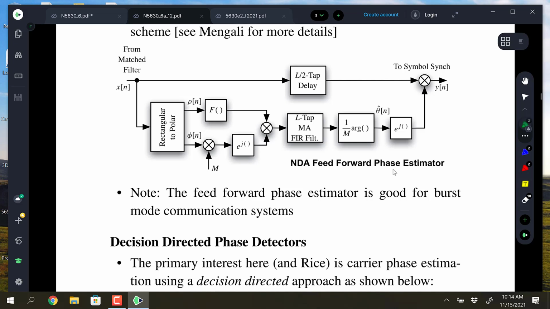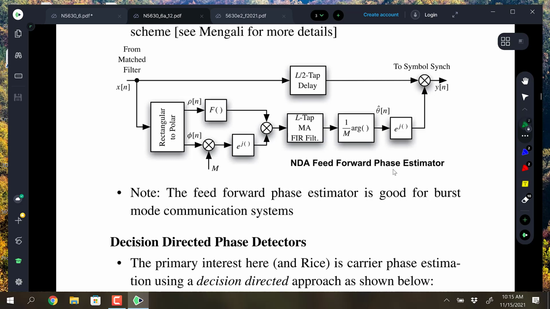So I latched onto this and used this in the algorithm for the carrier sync that I was doing at Atmel when I worked on that Zigbee 802.15.4 standard. And the way this one works, this takes the raw signal and you have a possibility of a nonlinearity on the magnitude, and then you take the angle, which you get from the arc function or four-quadrant arctangent, and you multiply it by m. So this is very similar to the mth power loop, but this doesn't have a feedback loop. This is feed forward. So what you're then doing is you're going to do something on the magnitude independent of the angle, put it back together as a complex signal, and then you smooth this with a moving average FIR filter, and then you can take the argument and divide by m to get the angle estimate back,